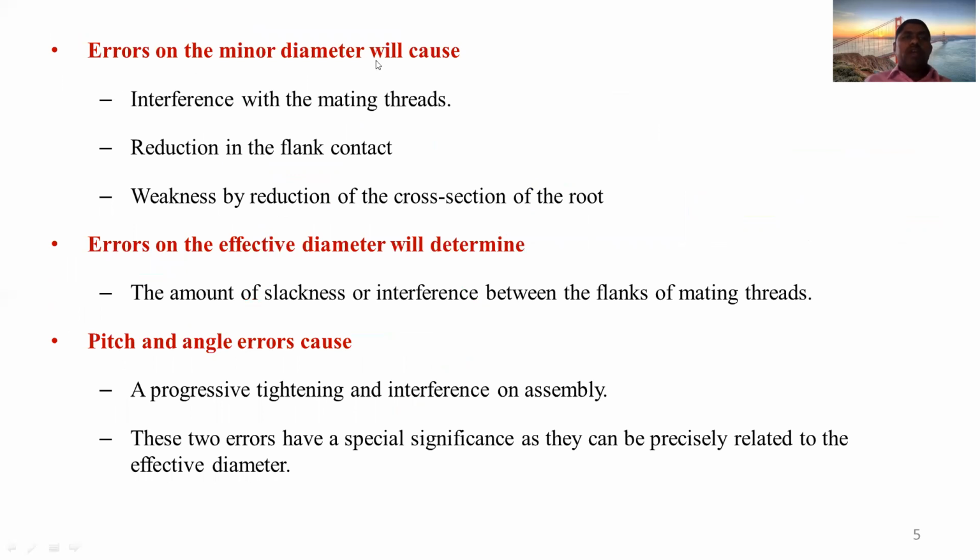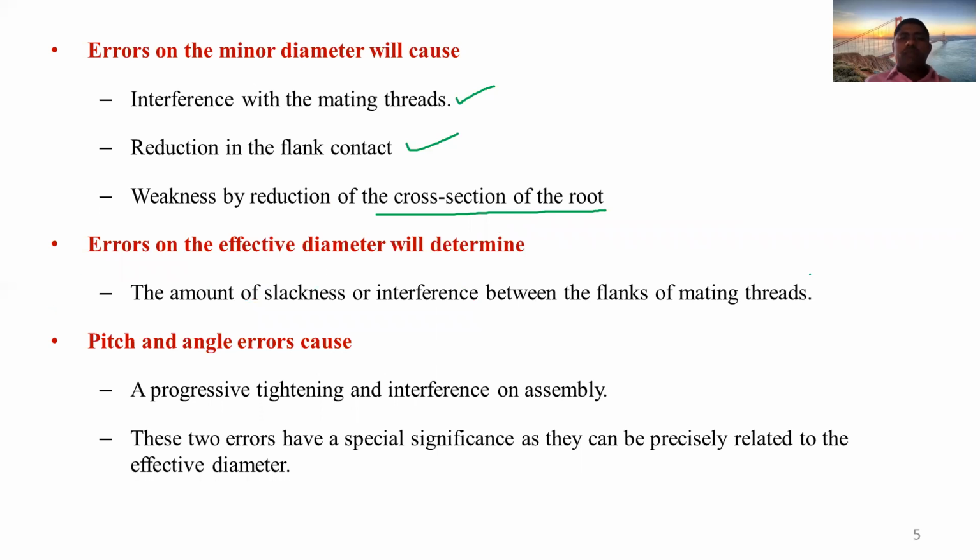Similarly, the errors in the minor diameter will cause interference with the mating threads, a reduction in the flank contact, and weakening by reduction of the cross section of the root.